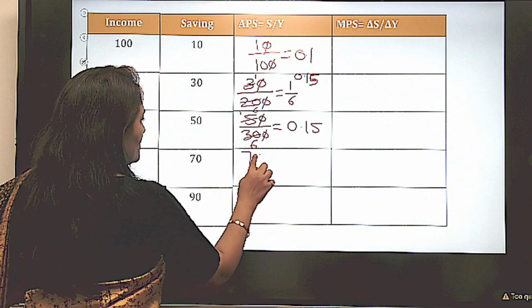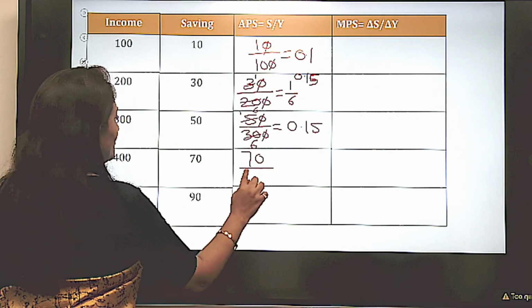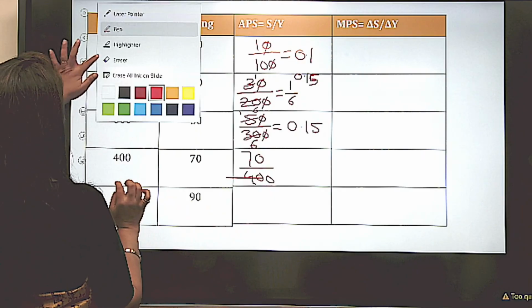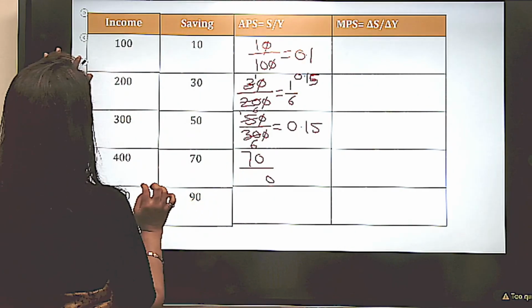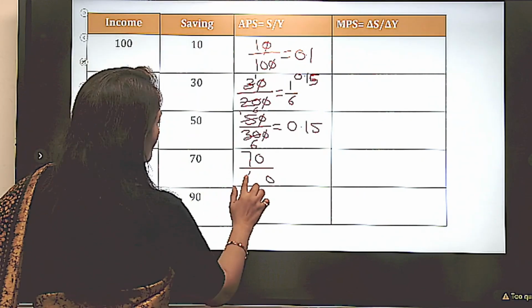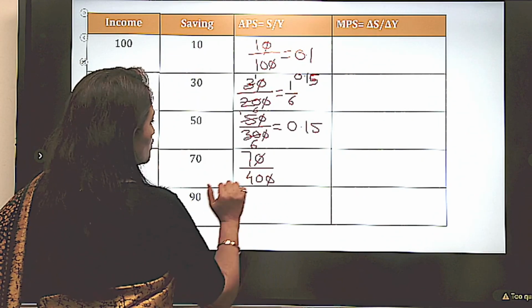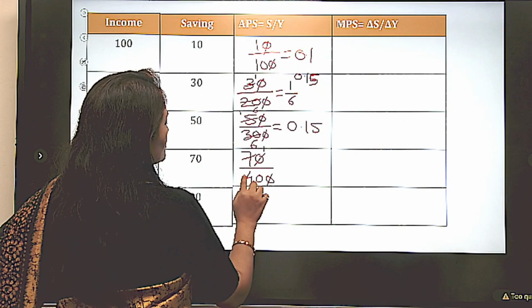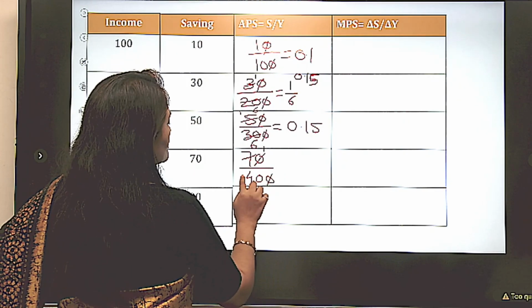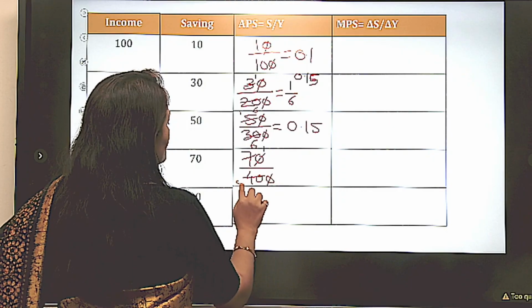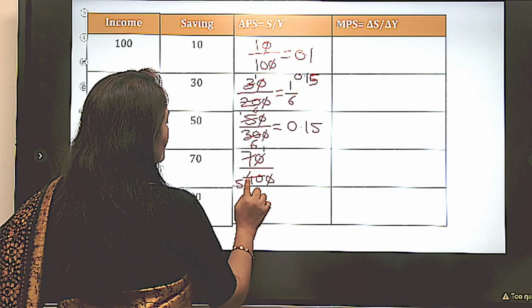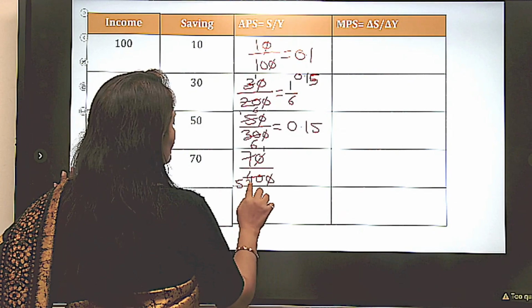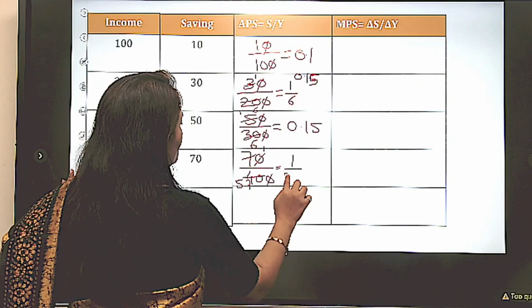Then savings are 70 divided by 400, 0 goes out, 7 ones are 7, 7 fives are 35.7. So 1 upon 5.7,